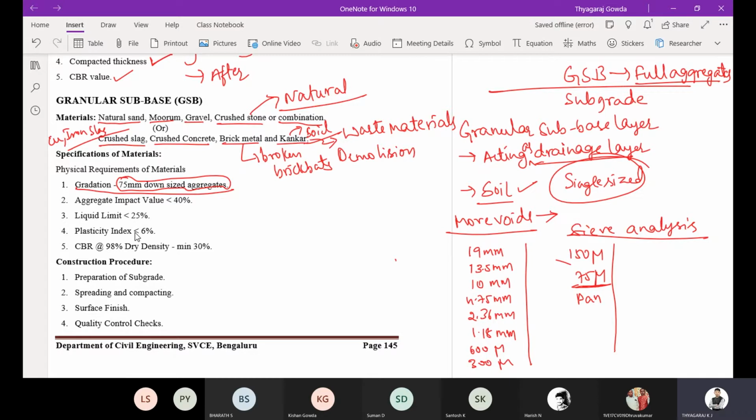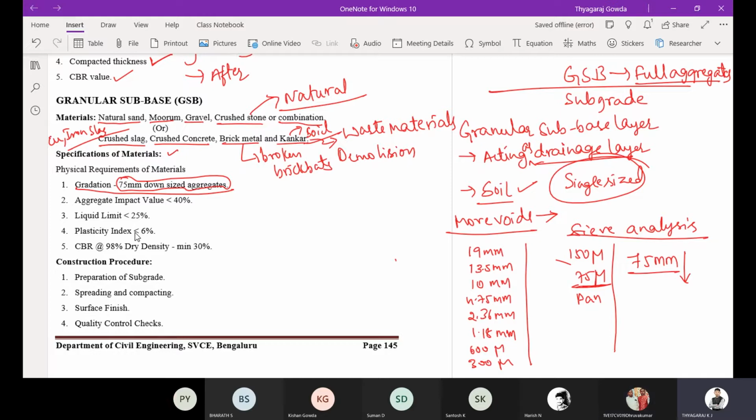Here 75 mm downsize means the aggregates passing 75 mm sieve size, below 75 mm, can be used for this GSB layer. Is it clear? Understood?